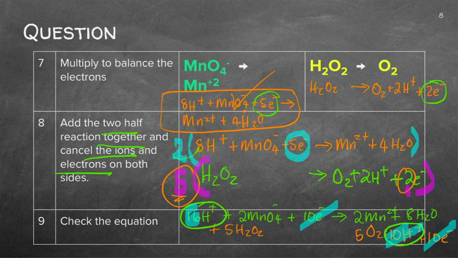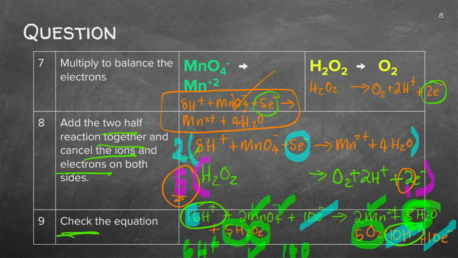Can you see I've got now, let's check. They asked me to check. So let's do that. We've got 6 H+ that side, and we've got 16 that side. So what do we have? We've got another 10 there, so that's 16, 2 Mn, 2 Mn. I've got 8 O's there, and I also have 10 there, so I've got 18 oxygen. Let's count, that's 10, and that's another 8, so I've got 18 on each side.